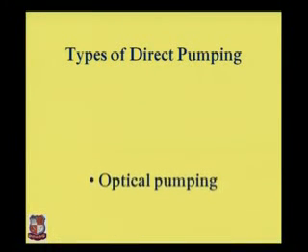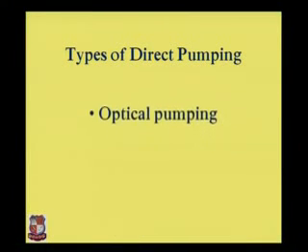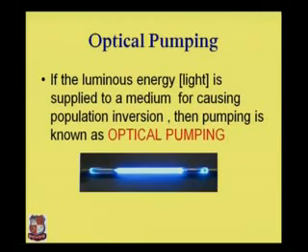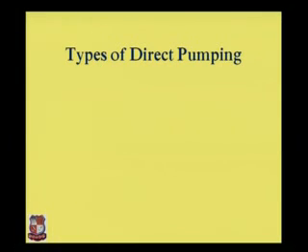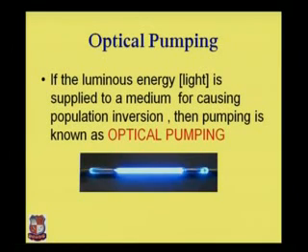Now direct pumping we can also divide into three different categories. One is optical pumping, second is electrical pumping, and the third one is direct conversion. So first we can see optical pumping. If luminous energy, that is light, is supplied as external energy to the medium to cause the population inversion or to take the electron from the ground